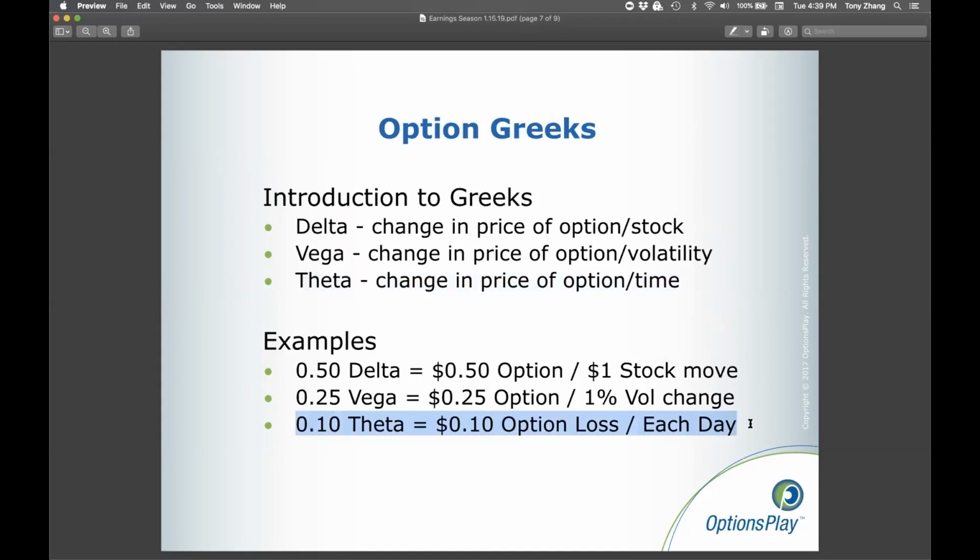So that's how we're able to quantify exactly how much money we actually make from the stock moving. That's delta. And that needs to be overcome by the money that we're losing to Vega, or volatility, and to theta combined. So we can add the amount of money that we lose to Vega and theta together, and then we subtract it from the amount of money we gain from delta, and that gives us an idea as far as whether the strategy will be profitable or not profitable after the earnings date.